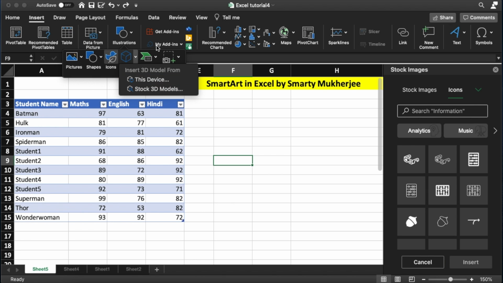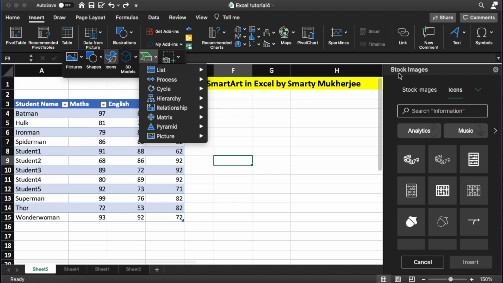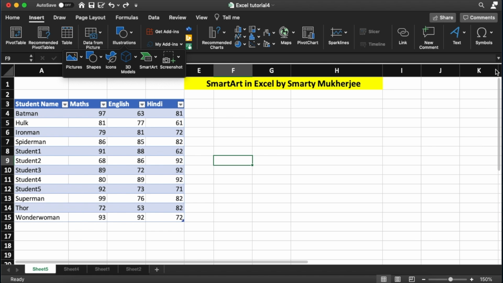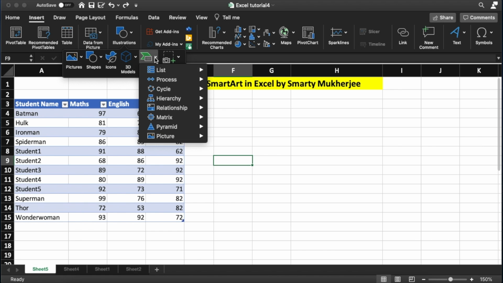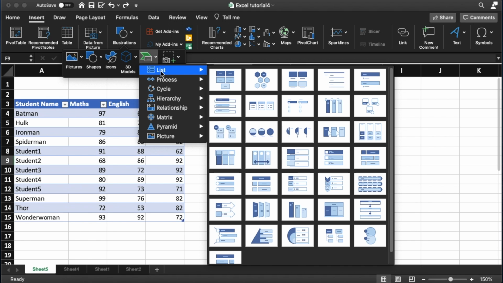So I am talking about this option called Smart Art. If you use Smart Art, let me close this first. Then you have an option like presentations, like you have the option to insert lists, and there are various types of lists available where you can put some header and then have a drop down list kind of thing, or you can have this pyramid structure.